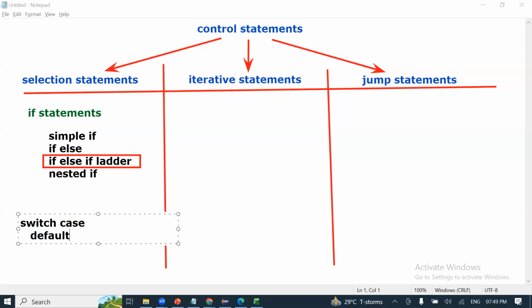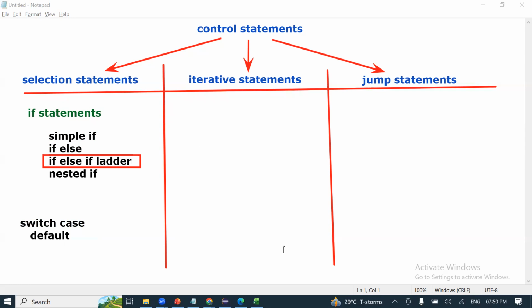Case 3, Wednesday. Case 7, Sunday. We started from Monday, right? So case 7, Sunday. Case 45, invalid number. Whatever the last else is in the else if ladder, the default is also similar to that. The syntax is different, but they execute similarly.